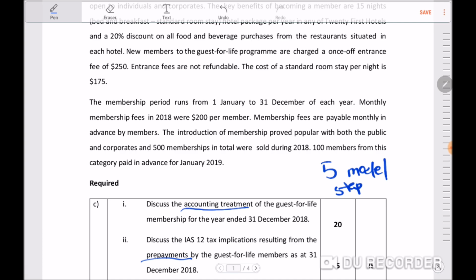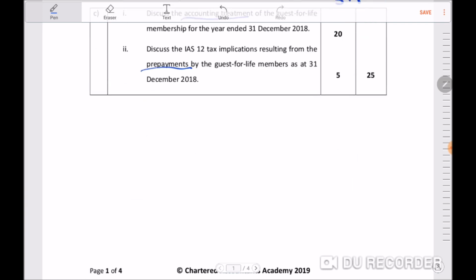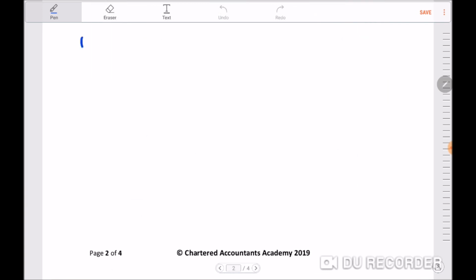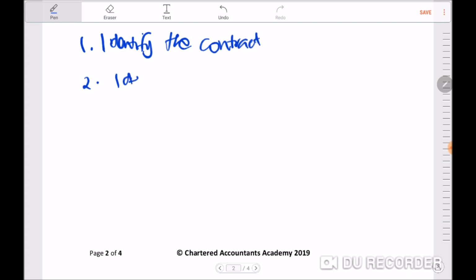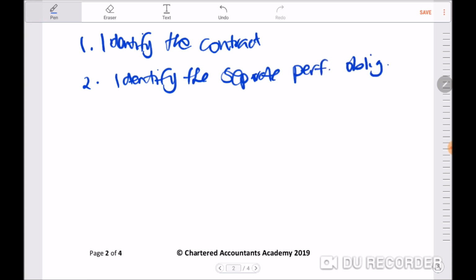So our five-step model, we needed to first of all identify the contract, whether it meets the definition of a contract as per IFRS 15. From there, which is step 1, identify the contract. From step 1, step 2 wants us to identify the separate performance obligations. So if we refer back to our IFRS 15 paragraph 22A,